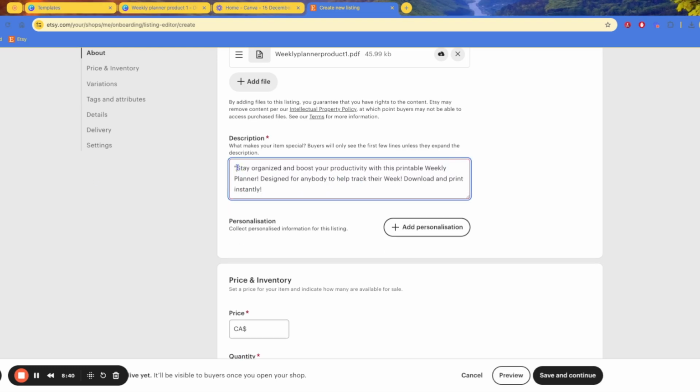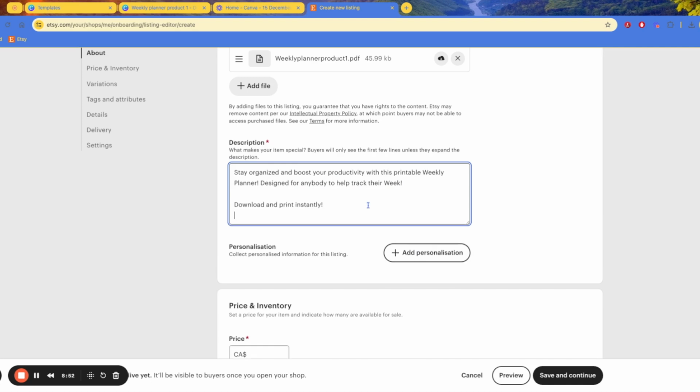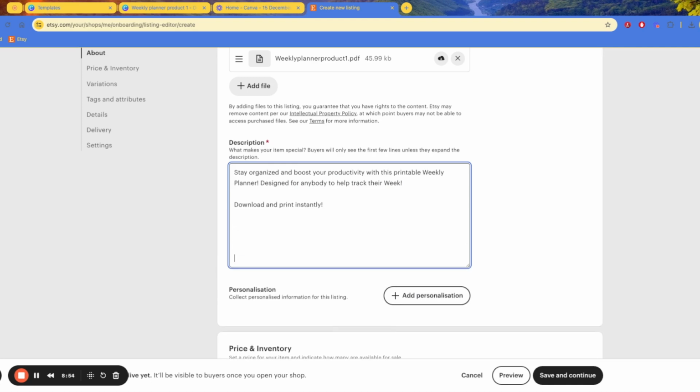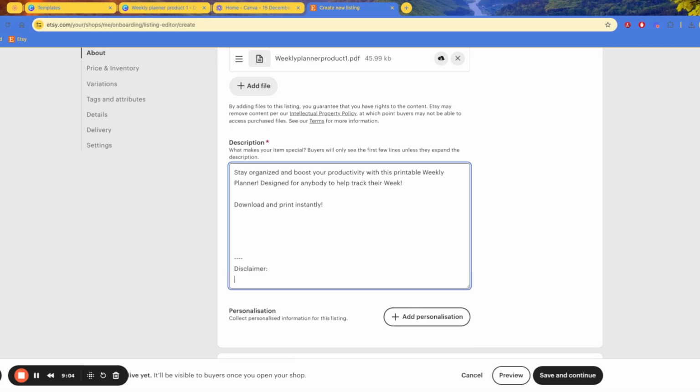There you go. Let's get rid of those. And as you can see, just a quick description: stay organized and boost your productivity with this printable weekly planner designed for anybody to help track their week. Download and print instantly. And then of course you can add emojis, you can add your store guarantee, something like, in this store we guarantee satisfaction, etc. You can do your disclaimer, this is a digital product,